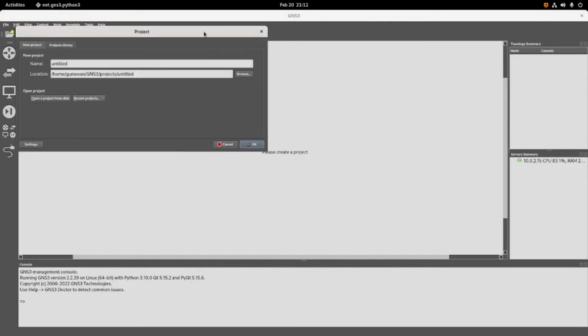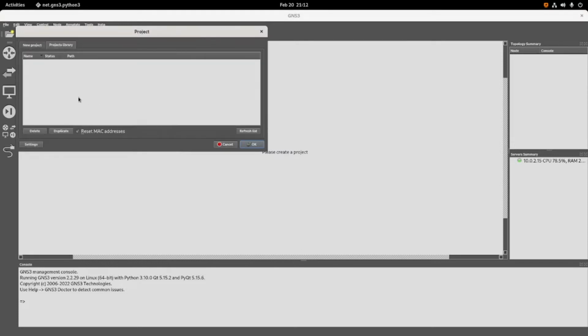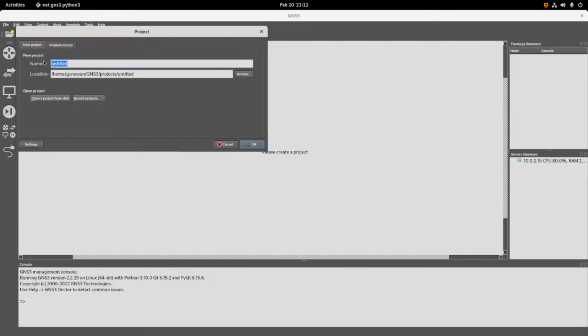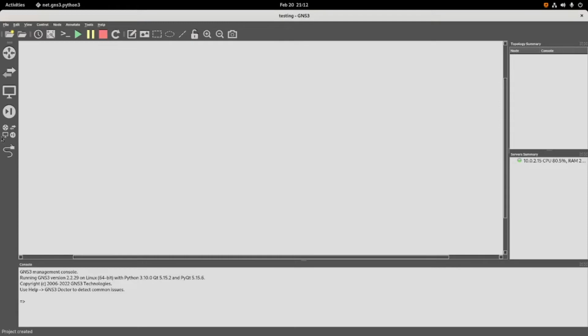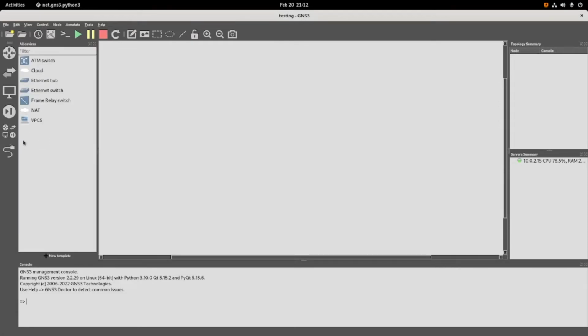Because this is the first time we run our GNS3, there will be no projects yet. I will name this project testing. Okay, let's try to add an Ethernet hub.